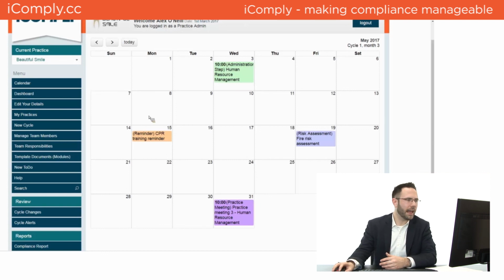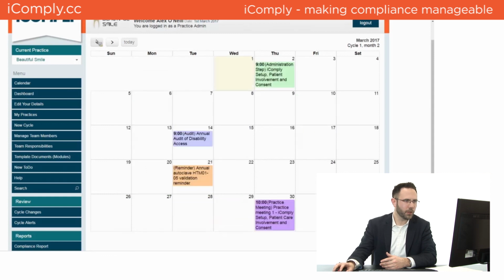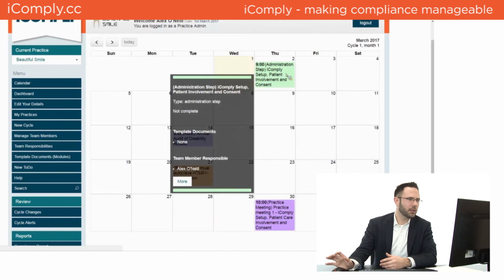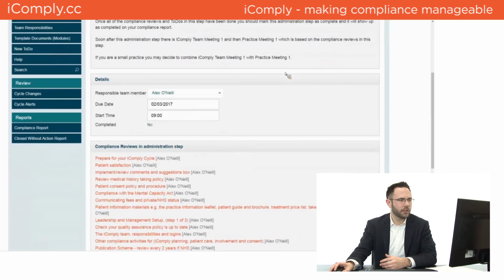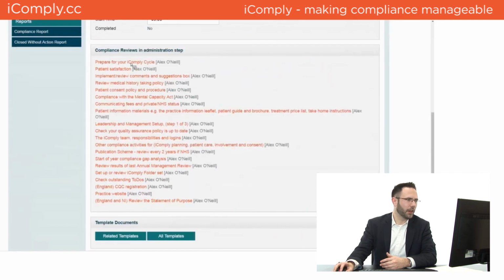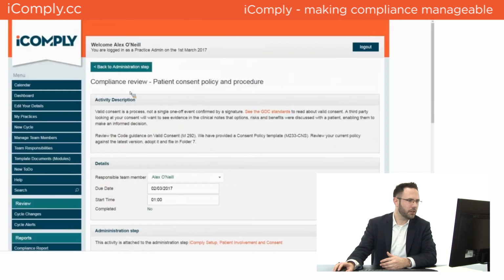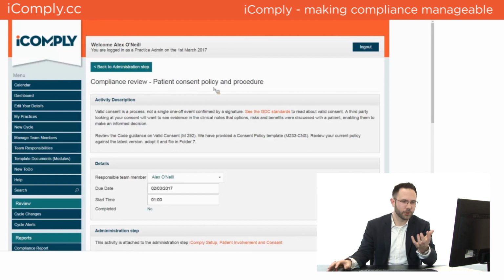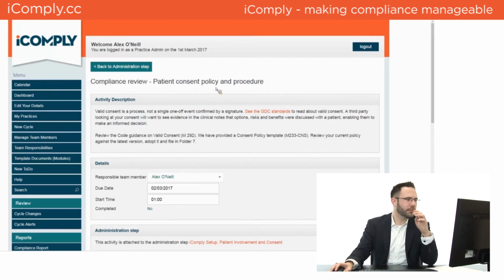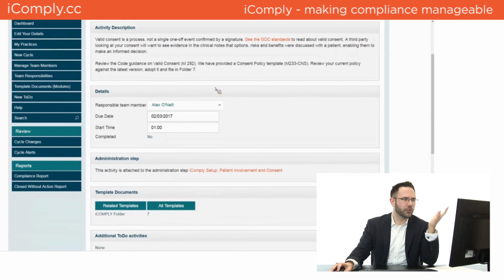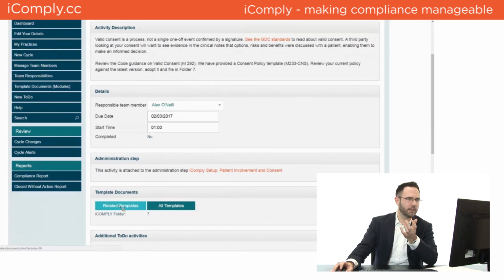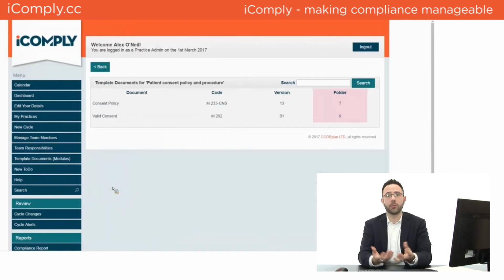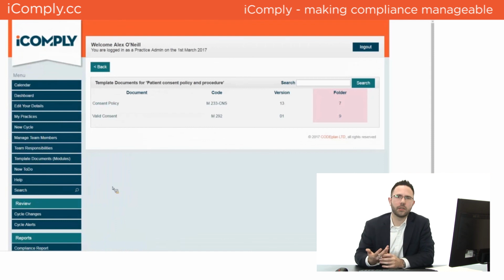So if we jumped into any administration step, I'll go to the beginning of iComply. And what you'll see down here is something like the patient consent policy and procedure. For those of you who've got iComply, you already know this, but whenever you're being asked to do anything, you've got the related templates link where you've got the document that you need to use. So inside this activity, we're being asked to deal with the consent policy, and here we have the consent policy,